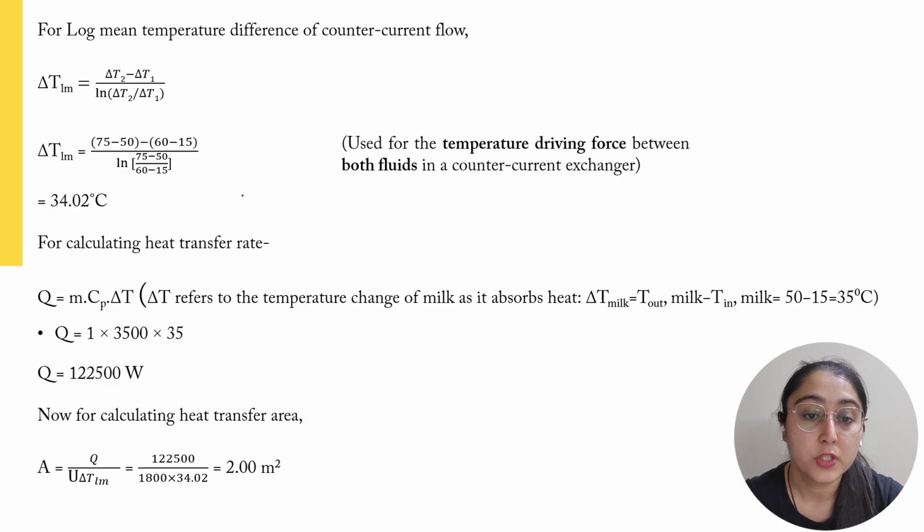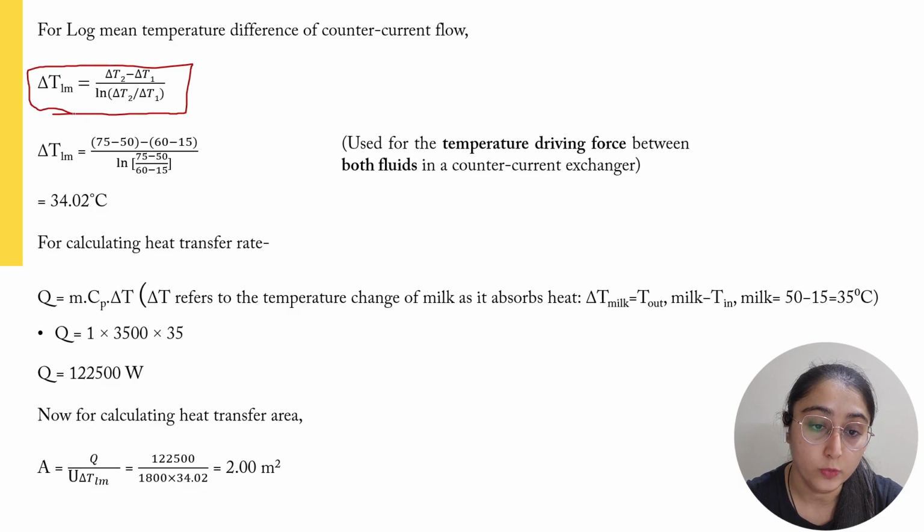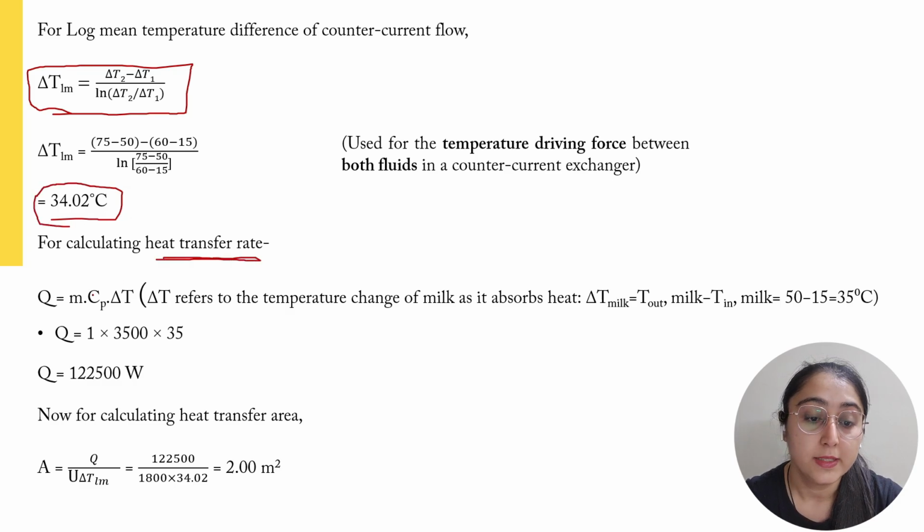So now first, using the log mean temperature difference for counter current flow, we have this formula. Now putting in the values of T1 and T2 as we have just calculated, we get 34.02 degrees Celsius, right? Now for calculating the heat transfer area, we also need the value of the heat transfer rate. So let us first calculate the value of Q using this formula. Now putting in all the values as already given to us in the question, which comes out to be 1